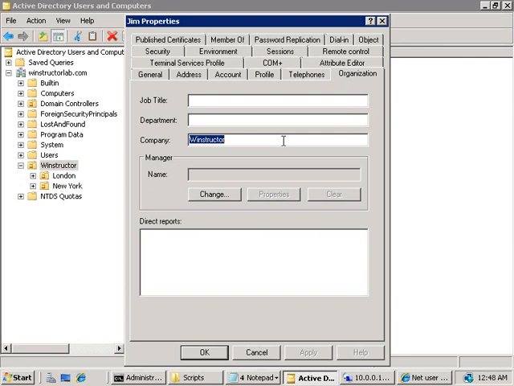In this video, we've talked about how we can make our lives easier by using a variety of tools and methods to create a whole bunch of user accounts automatically. We've seen how we can use LDIFDE and CSVDE to take a text file or a CSV file and import these accounts into Active Directory. We also saw how we can use the directory service commands to manipulate users, groups, OUs, and even things like group memberships as well. Finally, we talked about the advantages